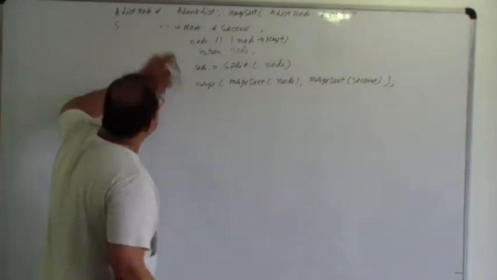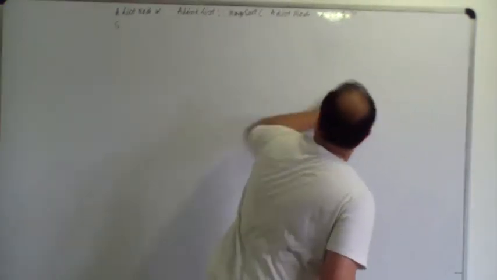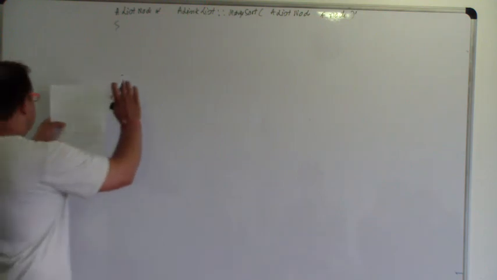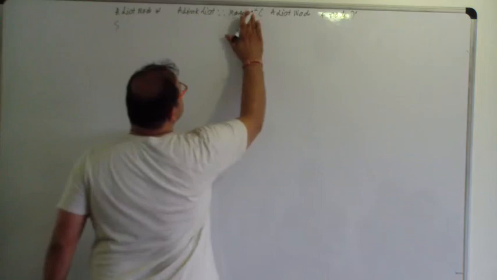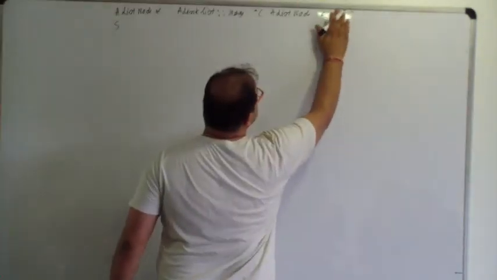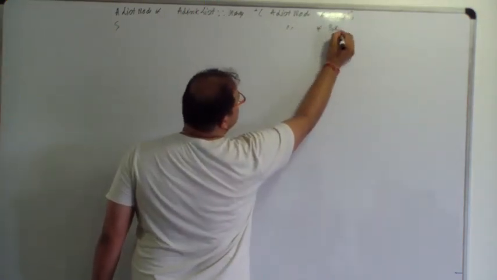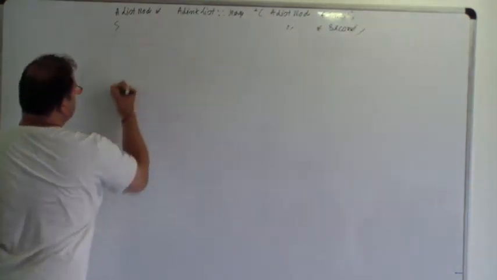So I will write the merge function now. Merge function is, yes, I'm just looking at the signature. So merge function will take two nodes, first, comma, second. Okay. So while we are merging